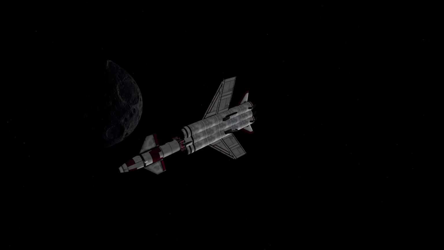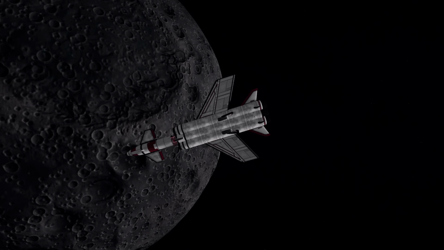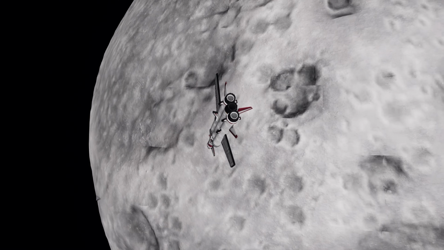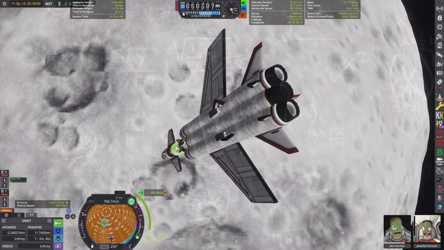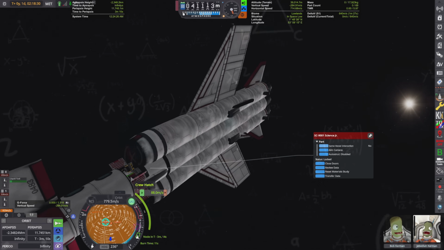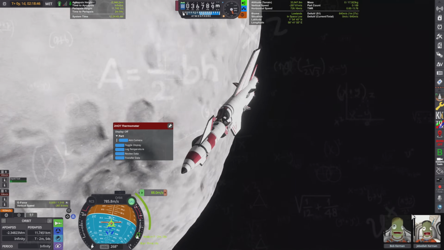That would be horrible. And here we are at the Mun, which magically got brighter as we approached it. And let me know in the comments if you know what caused that, because it's a little bit weird and off-putting whenever it just gets brighter as you go across it. Of course, we're doing a ton of science. We're getting Bob in and out, resetting the experiments, and getting EVA reports as we pass over top of new